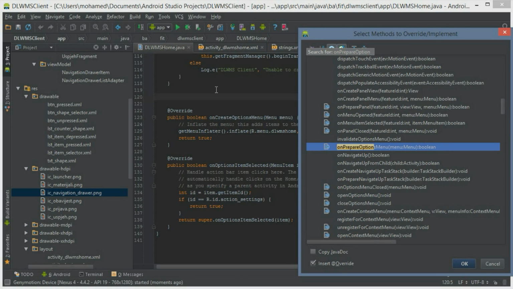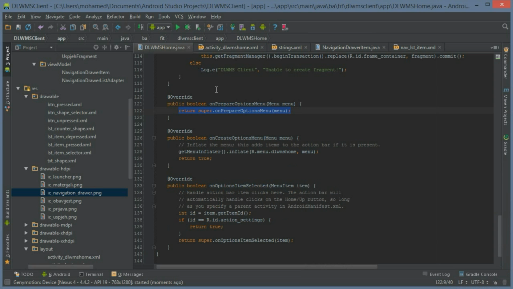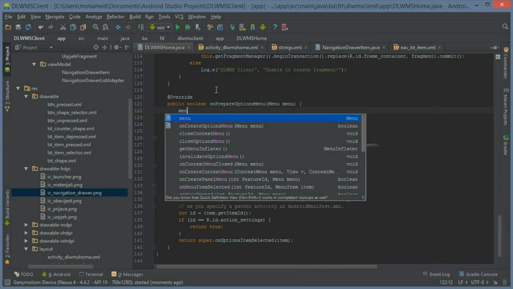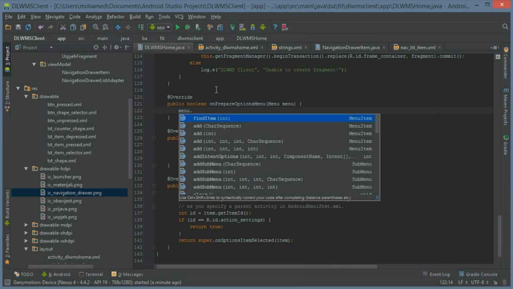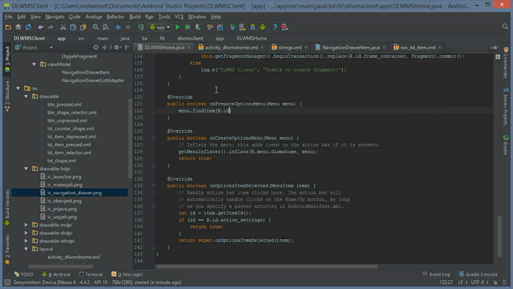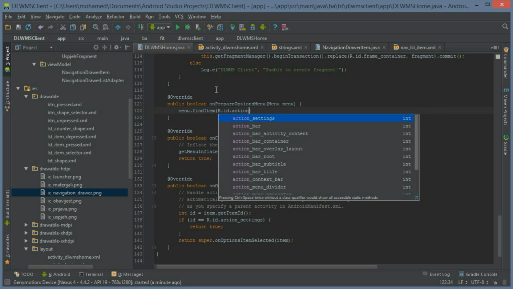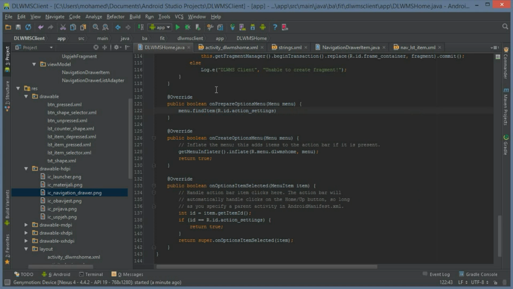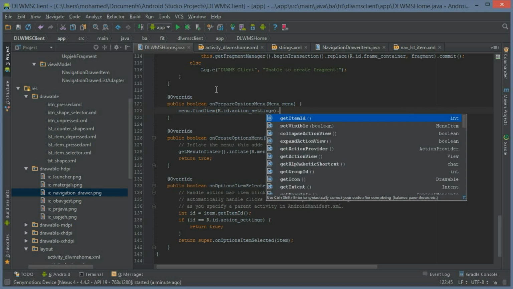Yep, that's the one. So once the menu is finished preparing, we're going to grab this menu dot find view by ID r dot ID dot action settings dot set visible,